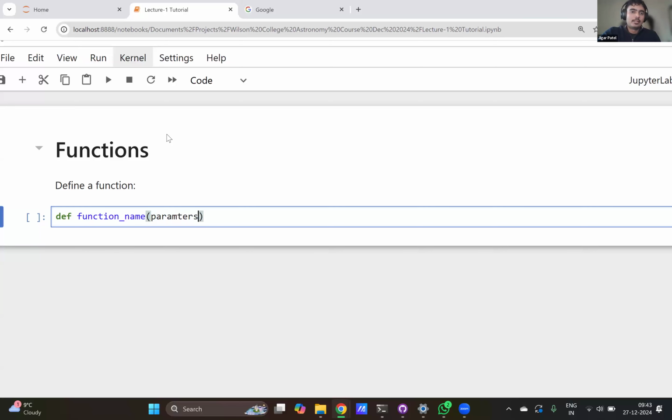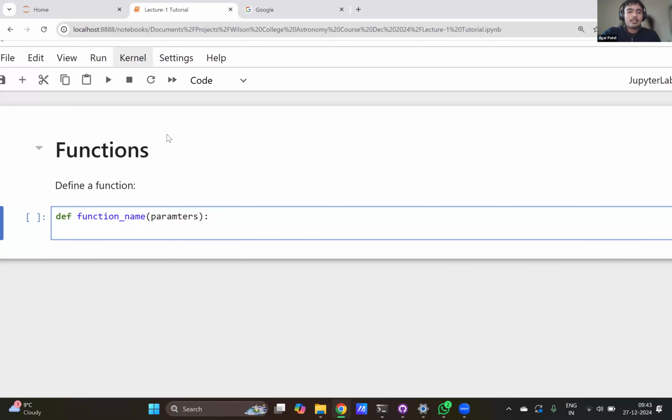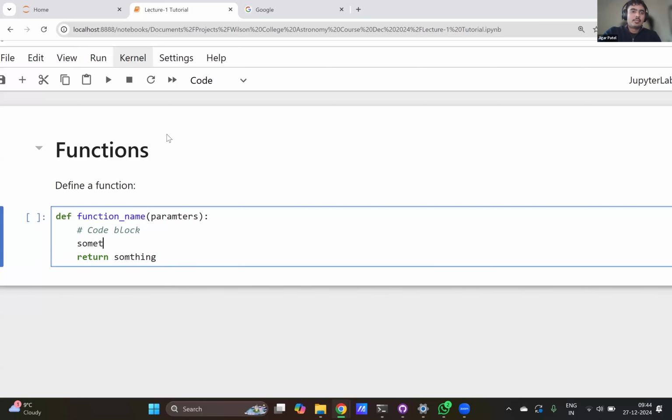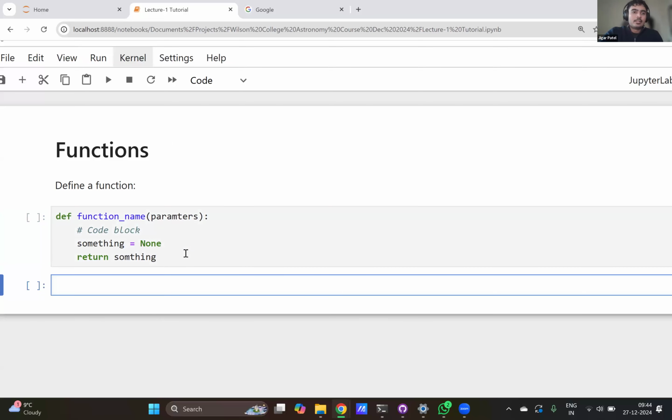For now, this is just going to be parameters, and then I'm going to put a comment here, say code block. This is then going to return something. Something can be, I'm just going to define as None. So it'll do some calculation here, assign some result, and return that result. So use cases of a function would be, say, for example,